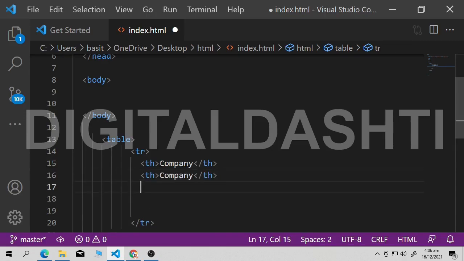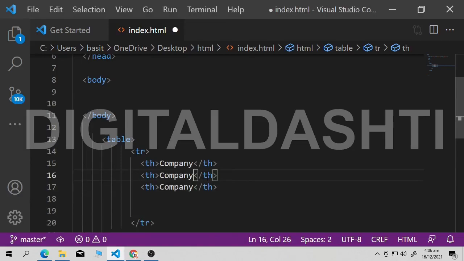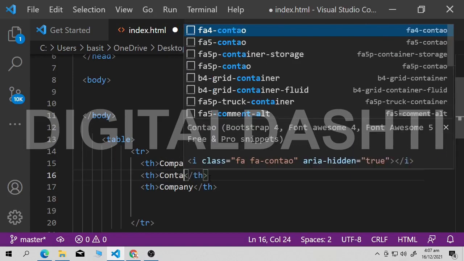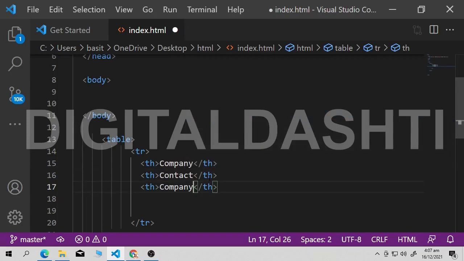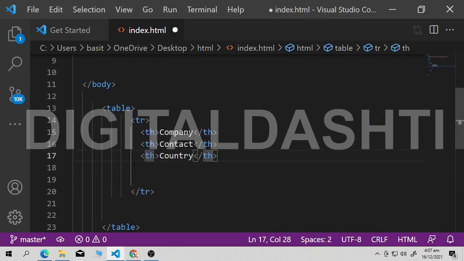Control V, again Control V. In our notes, the second heading is contact, third is country. So I will write here contact. In the third heading I will write country. Now this is our first row. In the first row we have mentioned 3 headings: company, contact, and country.